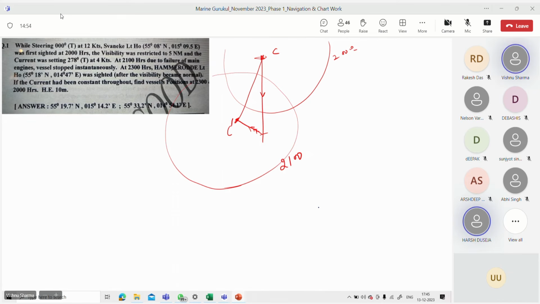No. If you apply at C, if you apply at C dash, if you apply another 2 hours current here, yes sir, so basically C dash will be the center for 2300 hours if you want to transfer this position circle, right? Yes sir. So then what happens? You have a position. So that's exactly what I'm saying. So you will have to agree.